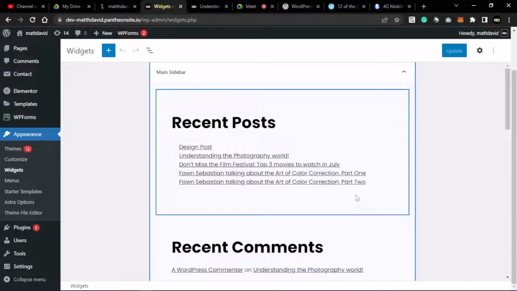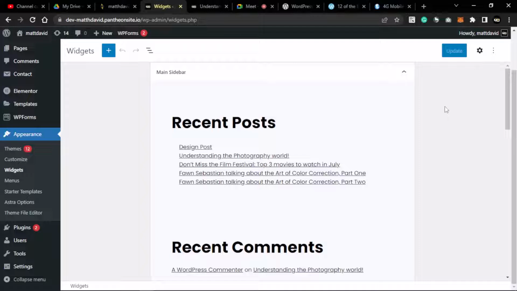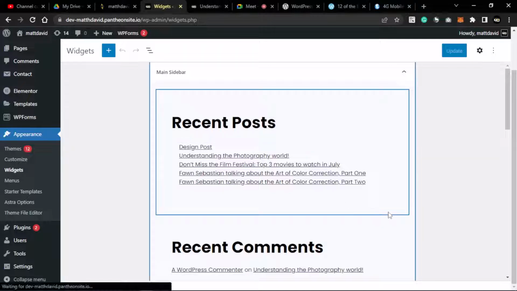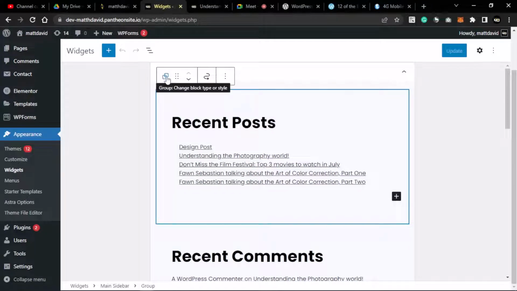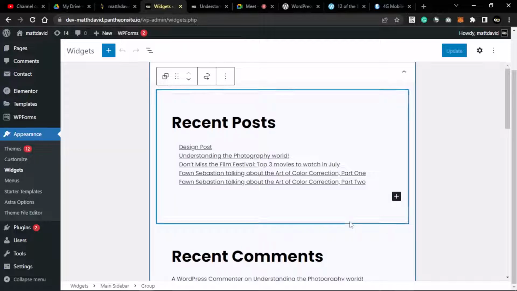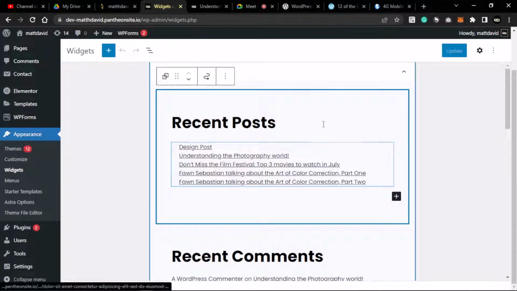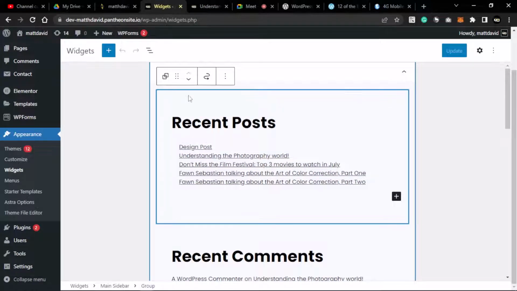So this one works by block, just like our post editor. The new WordPress post editor also works by block, so we can add new blocks to each of these groups. The structure is first we have groups, then inside the group we have different blocks, so we can add as many blocks as possible in our widget group. And you can create a new group,